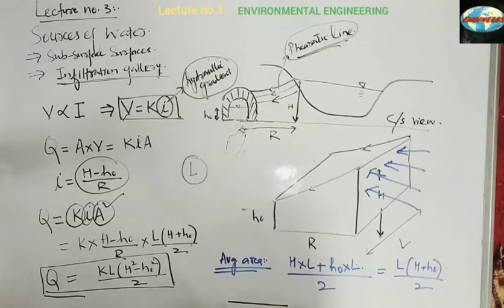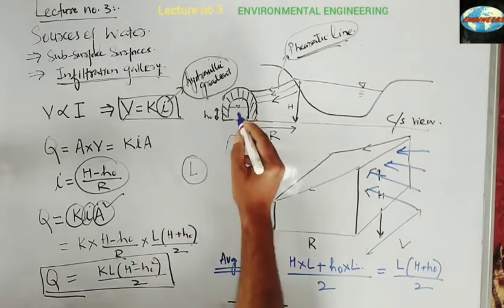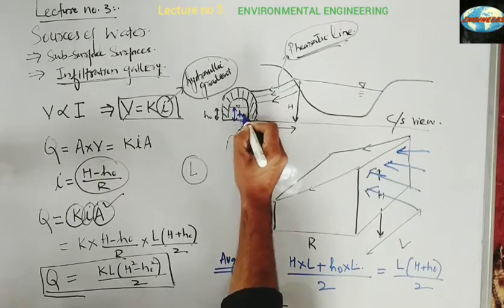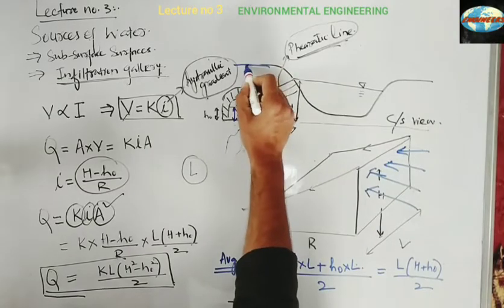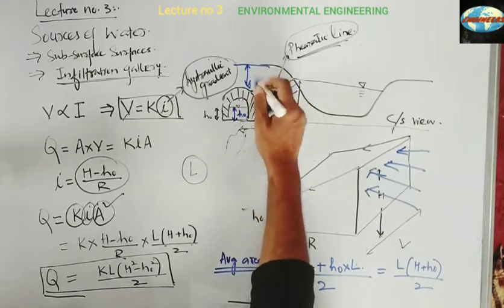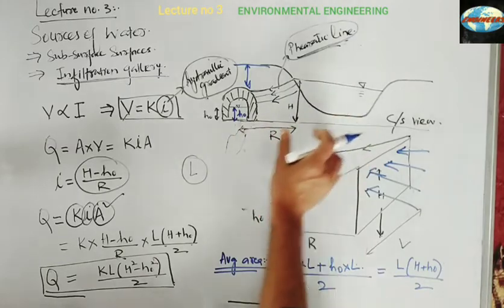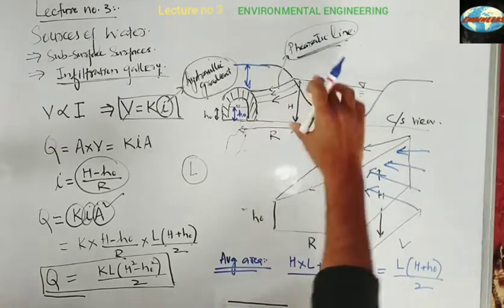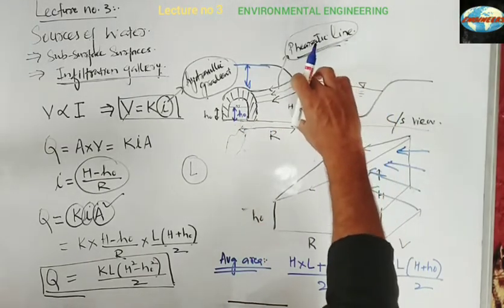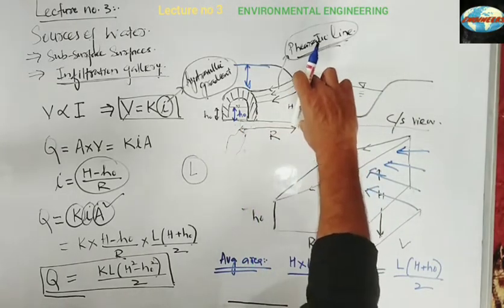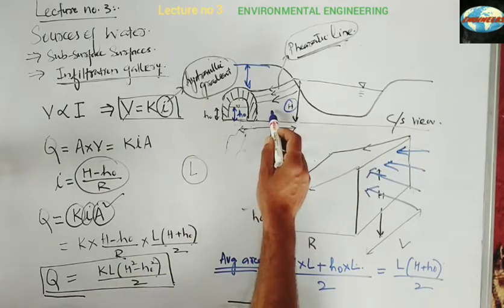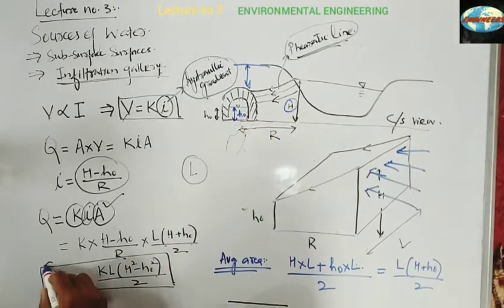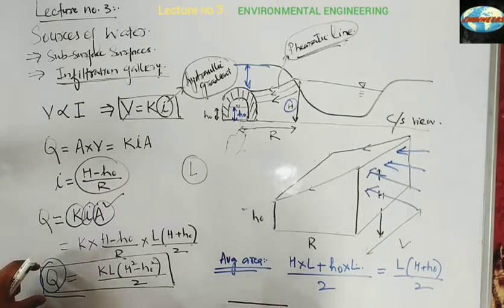If you know the height of water H naught in your infiltration gallery, and you know the depth at which this is constructed, obviously you can obtain the height of the water level in the river from the base of this infiltration gallery, that is H. Then if you calculate K, you will obviously get the yield that we are getting in our infiltration gallery.